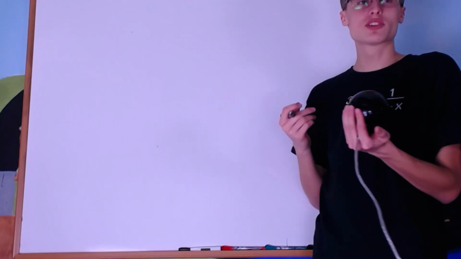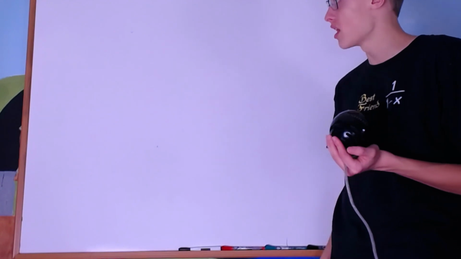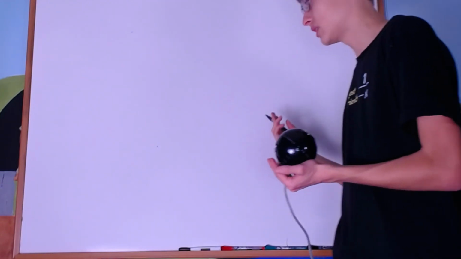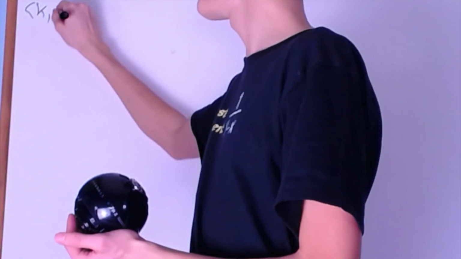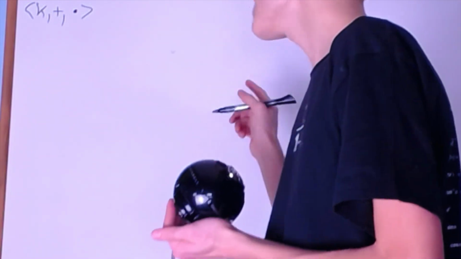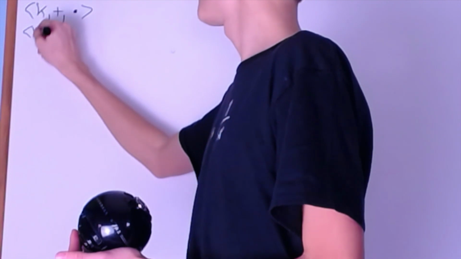In this video, I'll be introducing vector spaces, dual vector spaces, and tensors. So the first thing I'll be introducing is the general vector space over a field. Let's say we have a field K under an addition plus and a multiplication dot. Then we say a vector space over this field K is going to be some set V, which I'll call